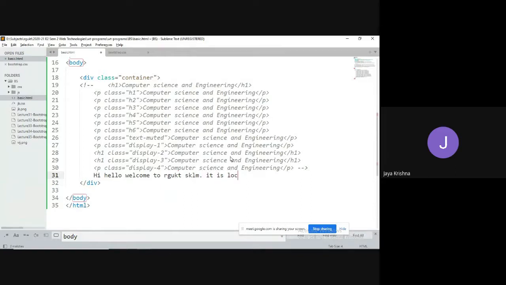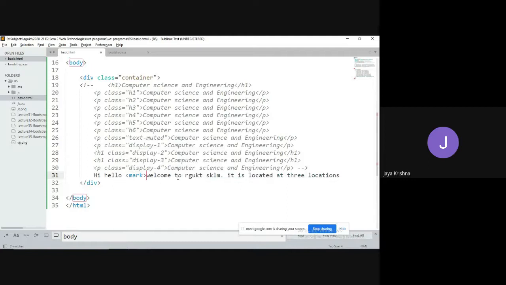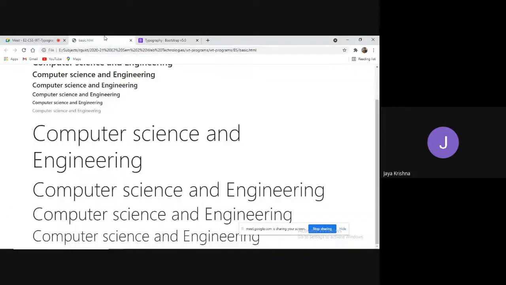It is located at three locations. Right. So various kinds of inline elements are there. All those inline elements, if you want, you can use. For example, I can go for a tag called mark tag. Bootstrap has its own styles for various kinds of tags. So these are all various kinds of HTML elements, right? Mark tag. You can observe.